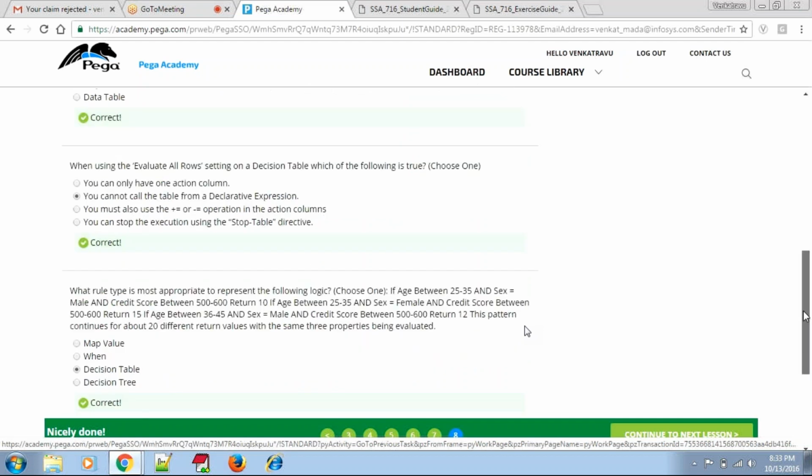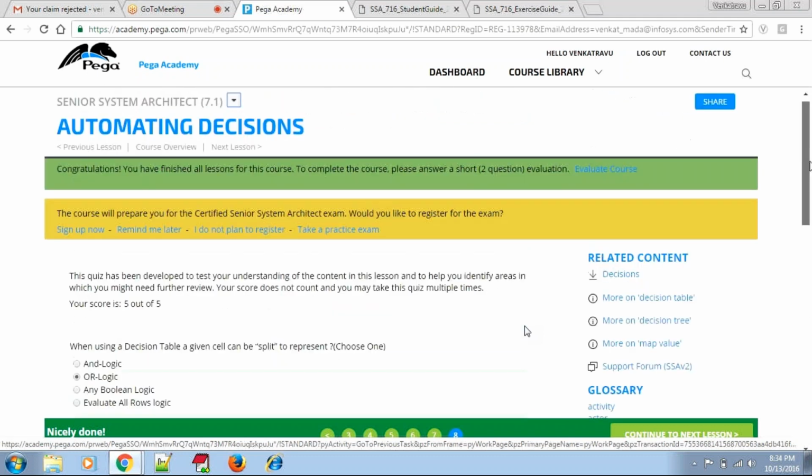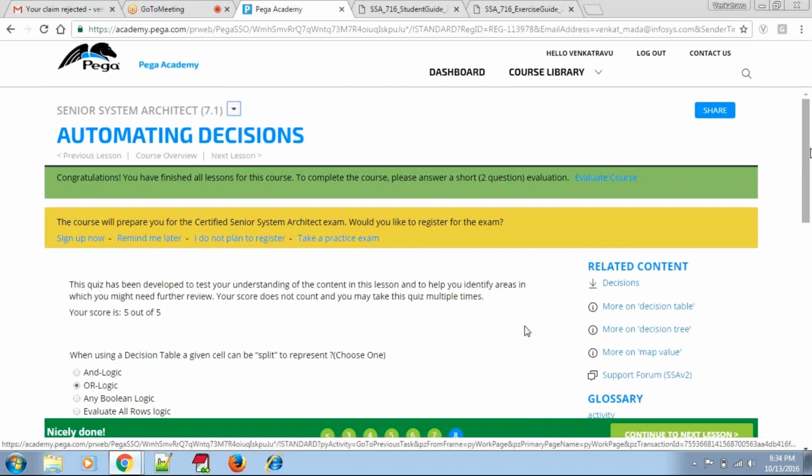So we need one result only. Multiple results means when you enable that, we are returning the results with multiple properties. Am I right? Yes, my understanding. I mean multiple values, all the rows will be evaluated. And when I'm evaluating all the rows, more than one row may be true. Okay. So that is why it will not accept it in the declare expression.